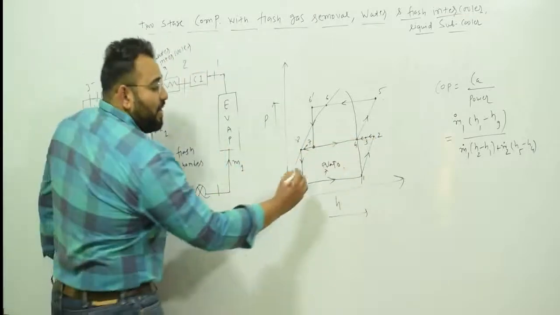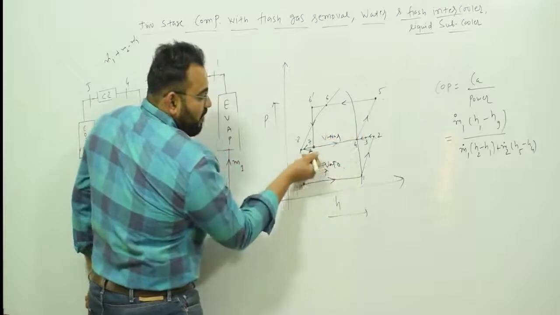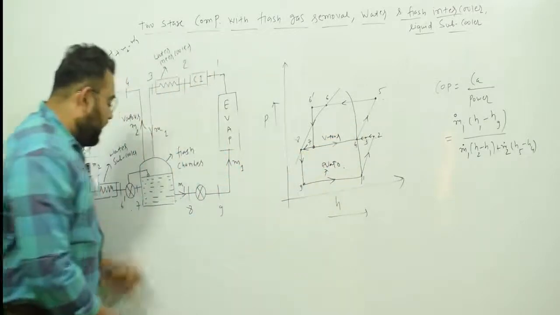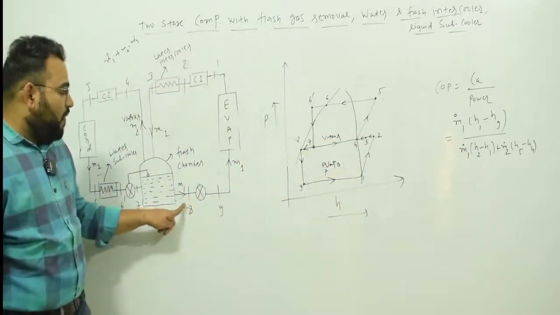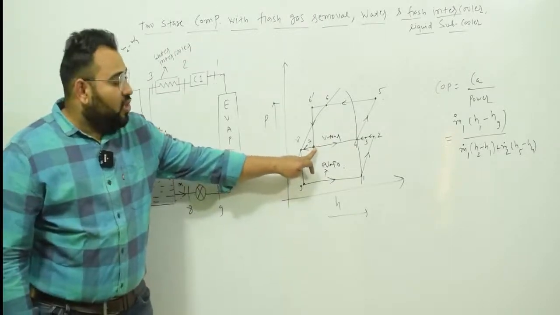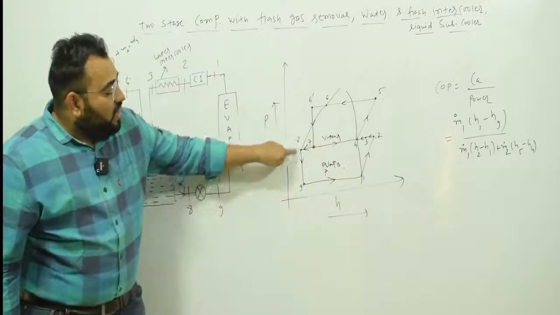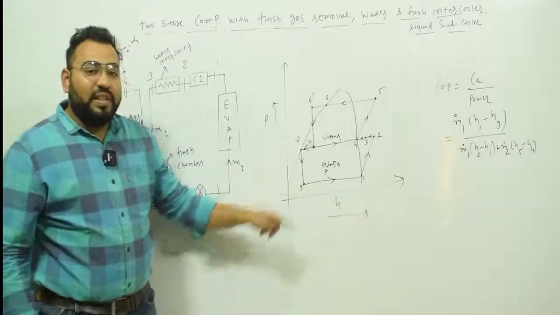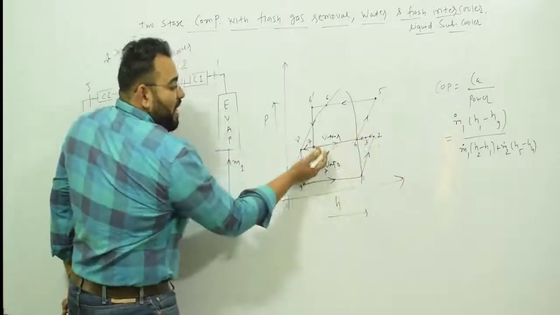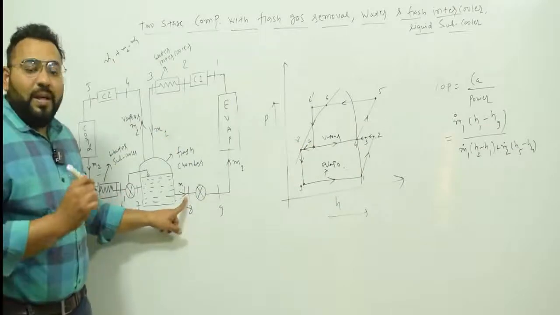So vapor is separated here and it goes there, and liquid will go enter the evaporator. Here the liquid will be separated at point 8. That's why you can see that at point 7 you are in the liquid plus vapor region. Vapor will go over here and liquid will be separated. So that's why at point 8 you are on a liquid line. It shows that you have separated the vapor and the liquid.